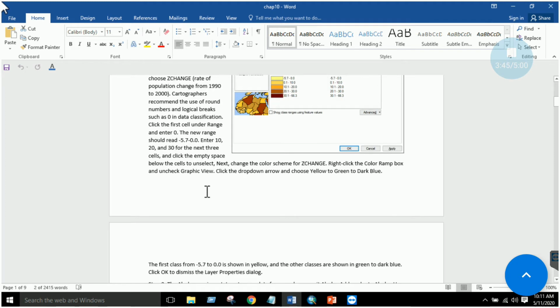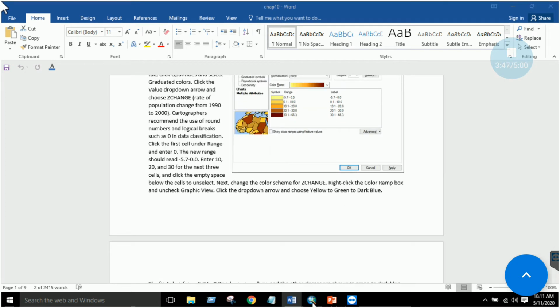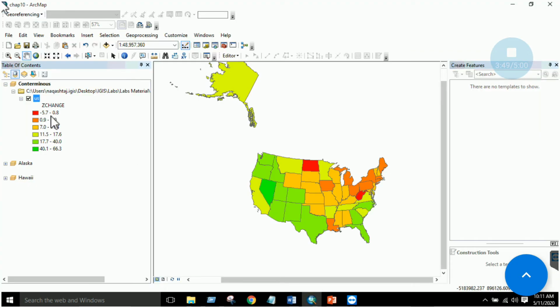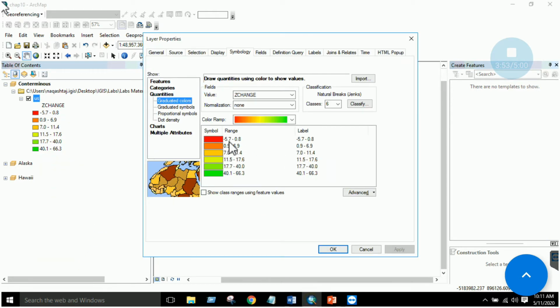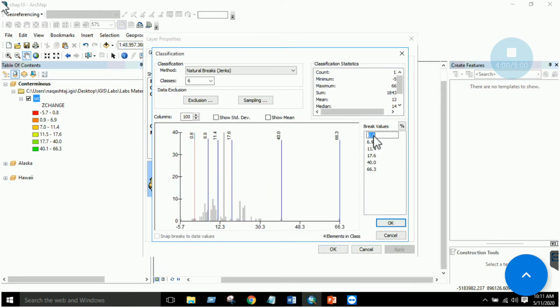Okay, the next thing, you can alter the values as well. For example, here I don't want minus 5.7, I want to start from 6. So I just have to change this. If you go to the classify section, here I have the first value of 0.8.